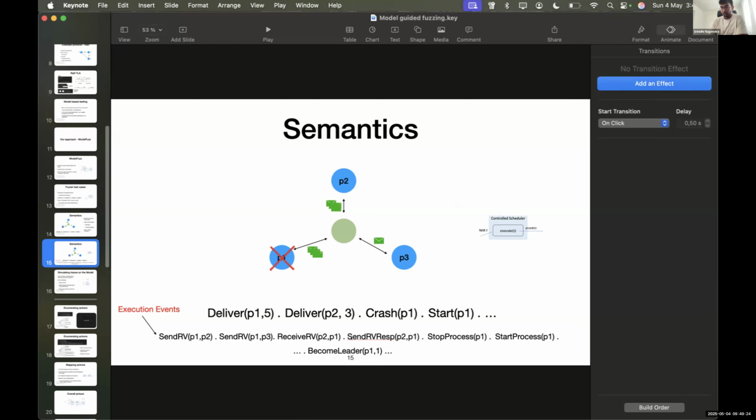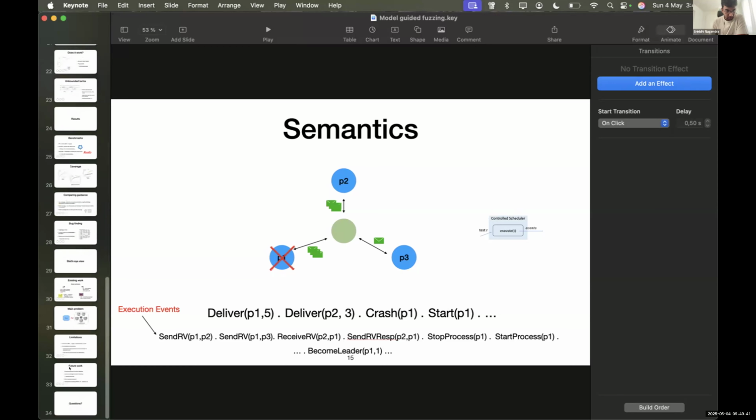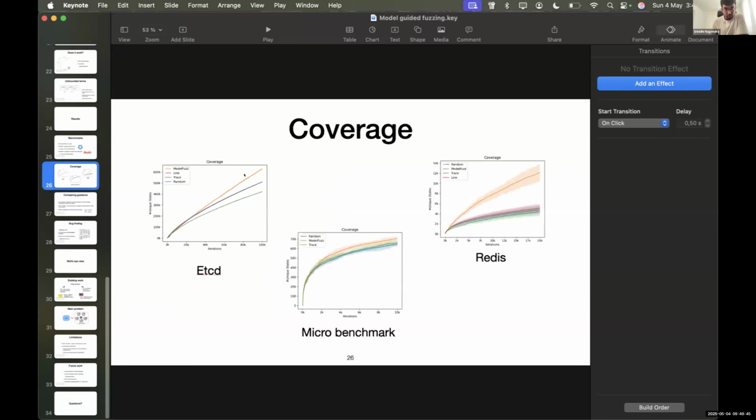This might be a problem with other protocols. If it is more deterministic, then it's better, I would say. But really, we did not observe a lot of variation in the model coverage over different runs. So we were able to do quite well. If you look at the graph for etcd, for example, you don't see a lot of variation around it, but for Redis we did, because with Redis we did not have a tight instrumentation. There was a lot of variation.